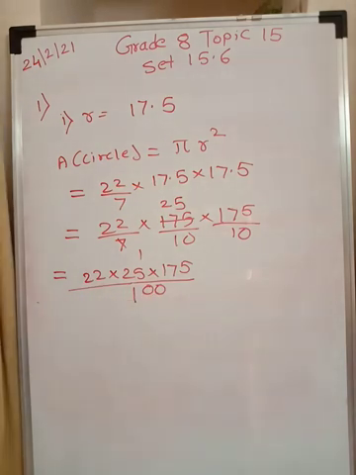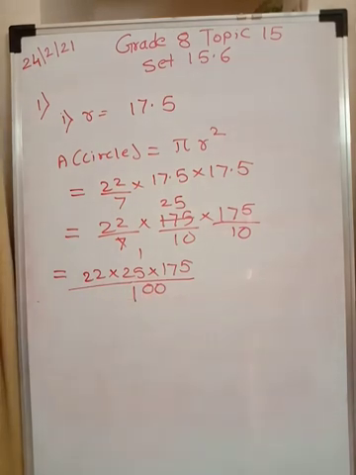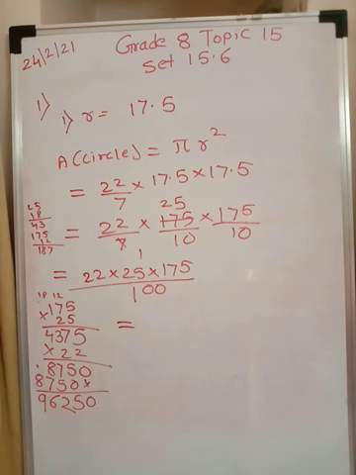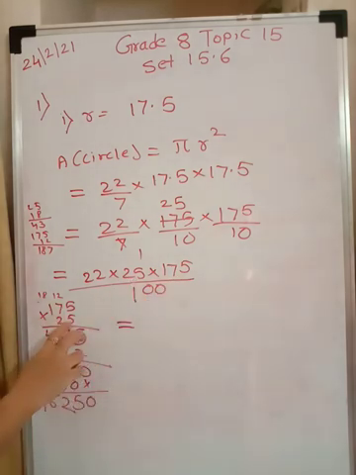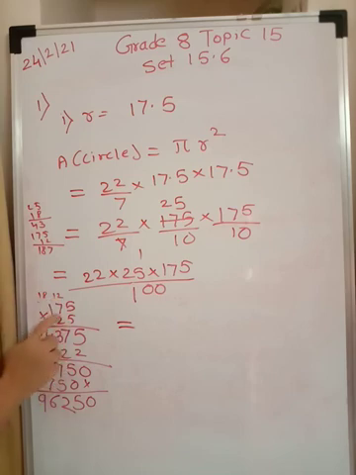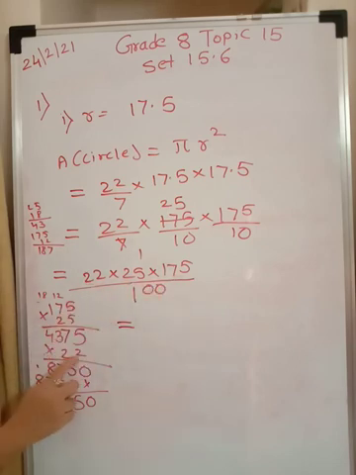Just carry out the multiplication. Now look at the calculations. First I have done 175 into 25. 25 5s are 125, 12 carry over. 25 7s are 175 plus 12 gives 187. So 7 over here, 18 carry over. 25 ones are 25 plus 18 will be 43. Now this is multiplied again by 22. First by 2 I have multiplied. The same number is again there, so I have written the same number over here. And at the end we get 96,250.